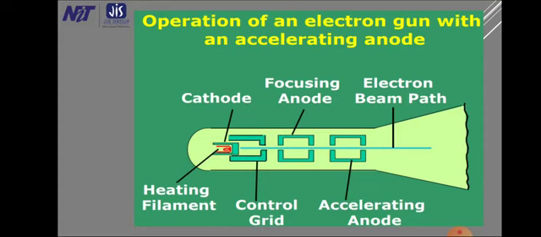The beam is focused onto a screen, and the accelerating anode is necessary because we want the electrons to strike the screen to emit light. So the acceleration of the beam is also provided by the accelerating anode with positive voltage. It allows the electrons to accelerate. Till now we have seen the electron beam path in this picture, which goes straight, and there are three stages. The first stage controls the intensity, the second controls focusing, and the third gives the speed or acceleration.